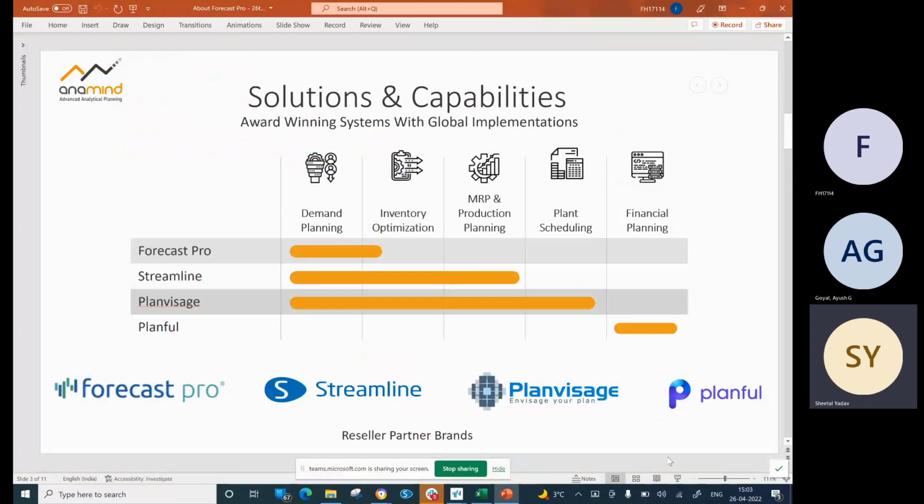So Forecast Pro is a comprehensive demand planning solution, and then Streamline is a solution which can do demand planning as well as inventory optimization and planning. Further, Plan Wizard does offer demand planning as well as inventory planning as well as production planning and scheduling, followed by Planful, which is a solution which can do financial